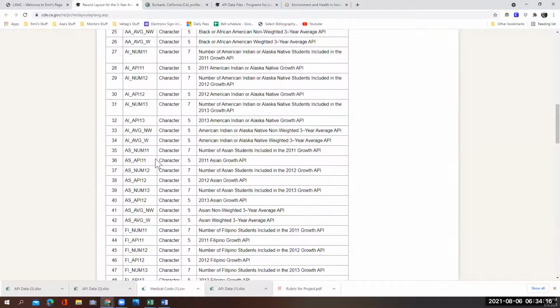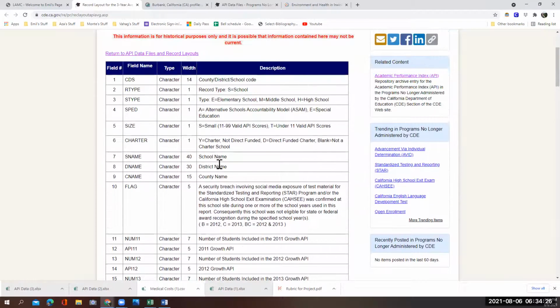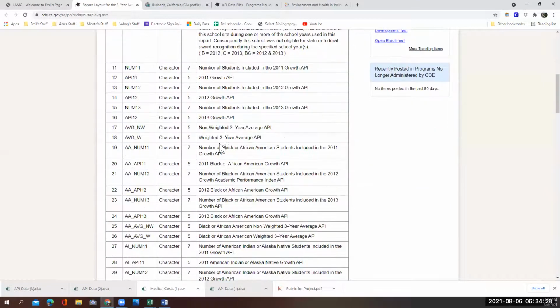Let's see. The 2013 Growth API is a good one to use. So it stands for API 13. But I was looking for one where it actually has the weighted 3-year average. There it is. This is the one I want to use because it basically takes the average of 3 years and gives you the API for that. So I'm going to use